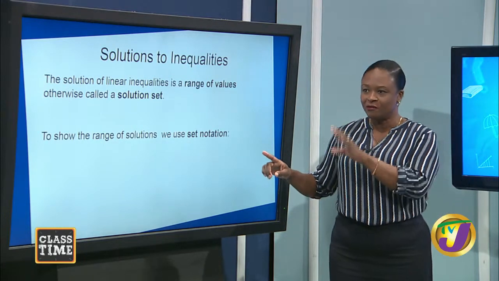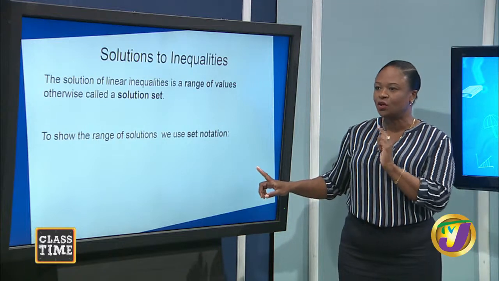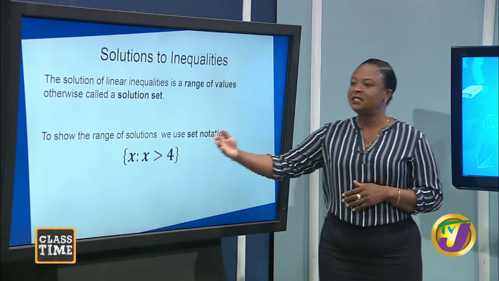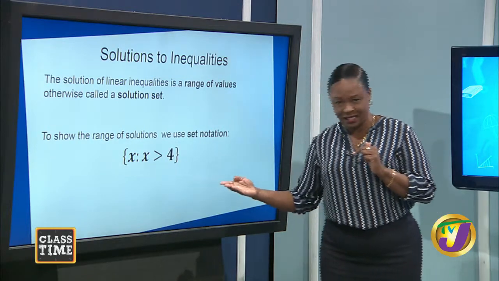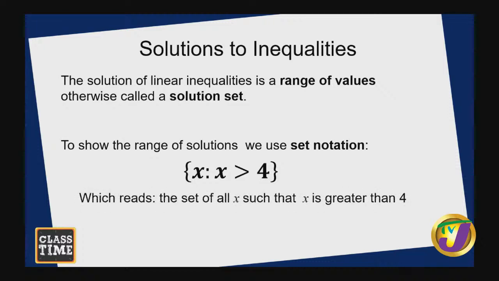We can show the range in the solution set by using what we call set notation. This is what it says: the set of all x such that, represented by the colon,